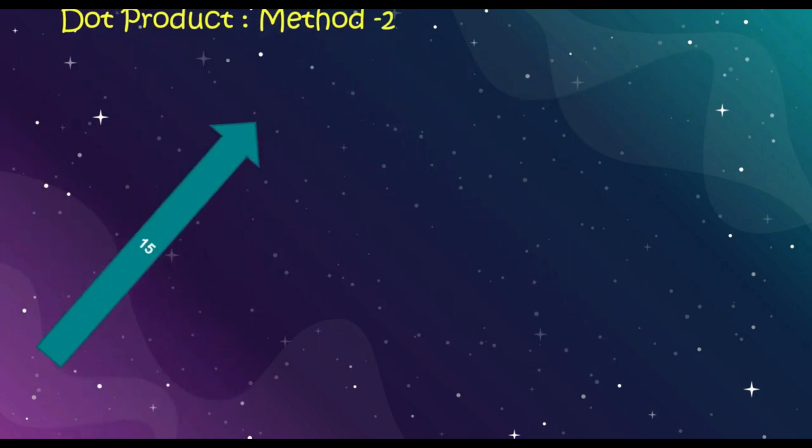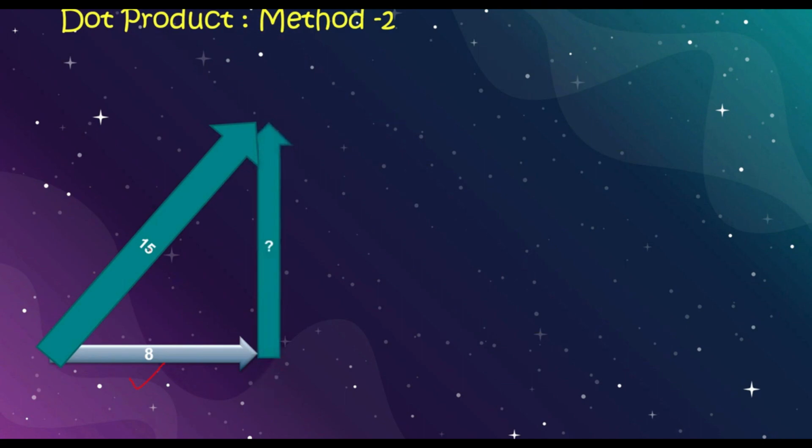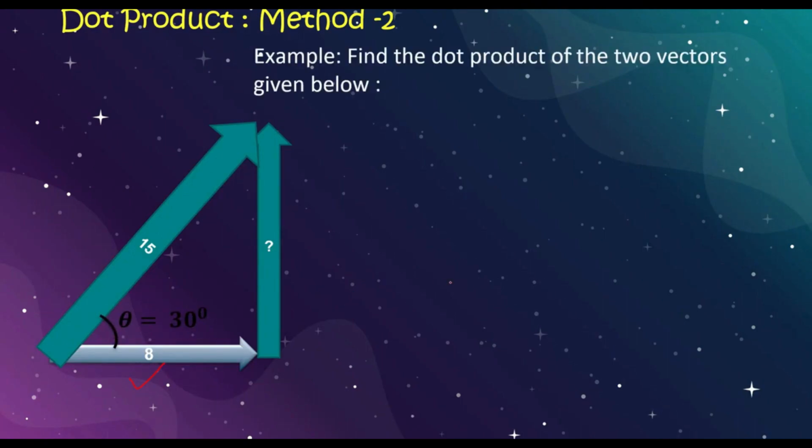Then another method. These dot products can be given along with an angle. Suppose one vector has a magnitude of 8, and another vector has a magnitude of 15. So this is the resultant. The resultant is given as the hypotenuse. Along with that, the angle is given. Angle is 30 degrees. So to find the dot product, we have to use the formula A dot B is equal to mod of A into mod of B into cos theta. This is the formula